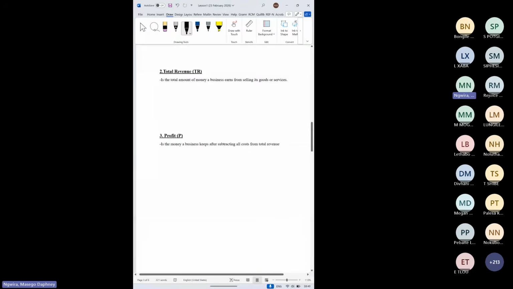So the total revenue, they say, is the total amount of money a business earns from selling its goods or services. So from your notes, it says that is the income from sale. So the total revenue, if you can check from your notes, is the price per unit times the number of units. So the total revenue, which is TR, is going to be equal to,